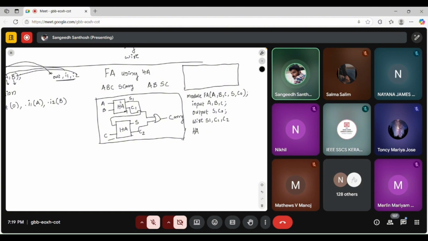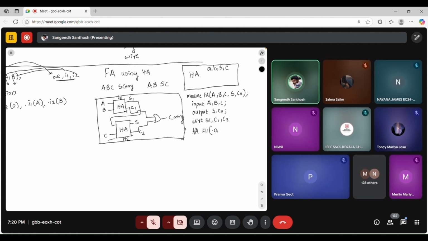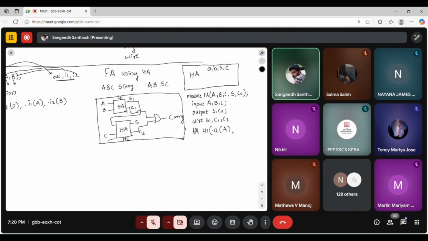I am giving this instance the name H1, and this is H2. So H1, and let's say I have taken inputs as A comma B comma S comma C for our half adder. So our first A should be mapped to capital A, B should be mapped to capital B, our sum should be mapped to S1, and carry should be mapped to C1. This is the first instance. Then the second one, H2,